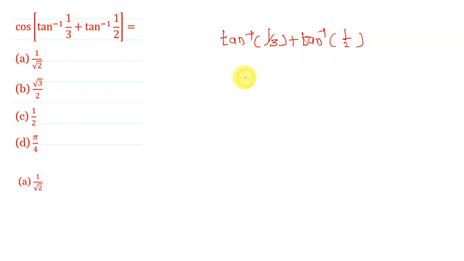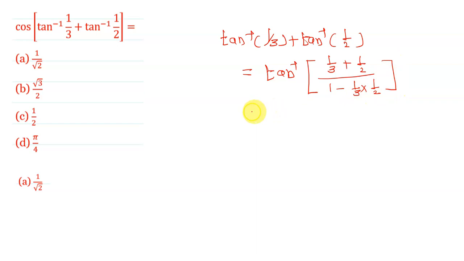That is, tan inverse of x plus tan inverse of y is equal to tan inverse of x plus y upon 1 minus xy, means what? 1 by 3 plus 1 upon 2 upon 1 minus 1 by 3 into 1 upon 2. Okay, and this equals to